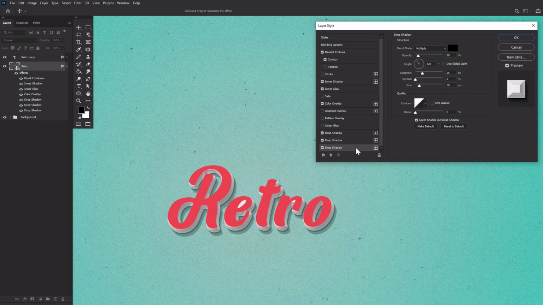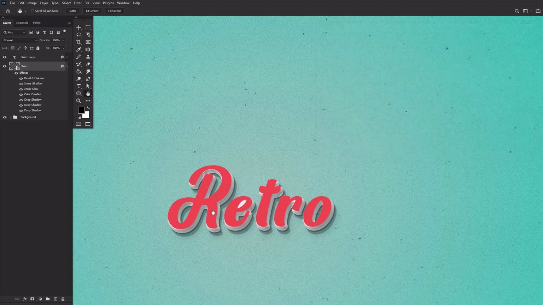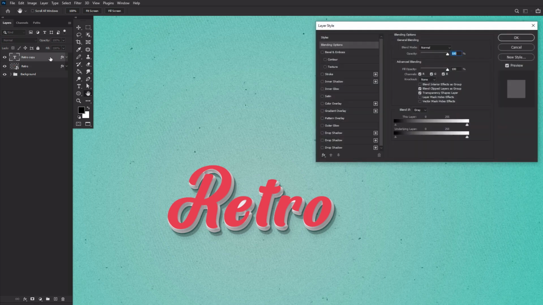And then we are going to add one final drop shadow, setting the color to 010101, an opacity of 10%, a distance of 25, and a size of 20. This will style the 3D part of our layer effect. We still have one more part to add, however, so let's double-click the copied text layer and apply the following